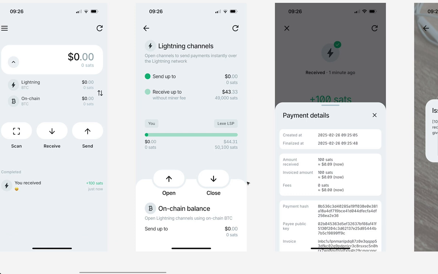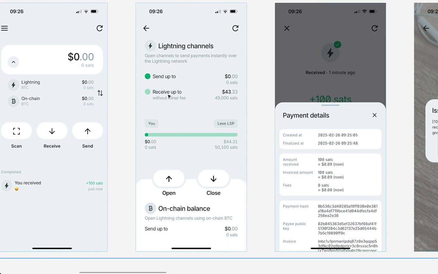I do like the focus here on send up to and receive up to, where you basically have send limits, which is basically your balance. That's pretty straightforward. You send, and then you have less that you can send. Very simple. I know there's channel reserve and stuff, so a little bit of discrepancy there. Then receive up to, I think that's kind of the main thing where people might run into, where all of a sudden they have these fees because they need a new channel, or splice happens, or whatever happens. That's kind of the one probably that people